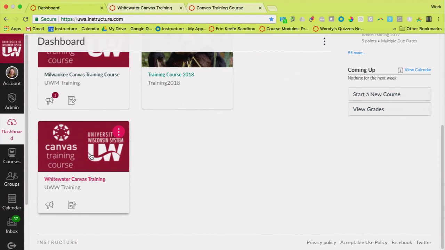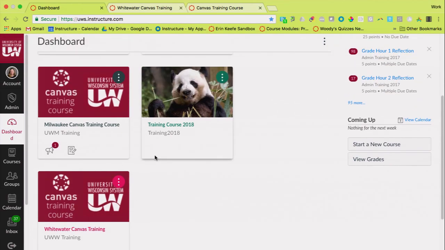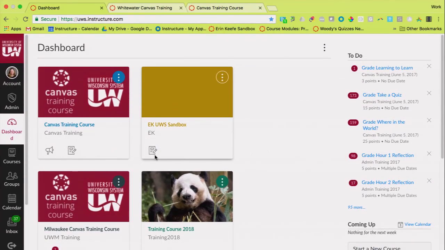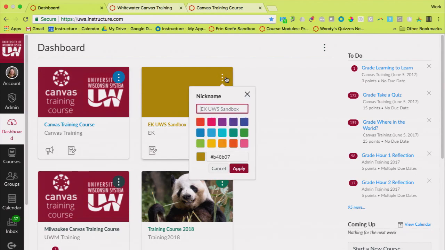If an instructor associates that image with the course, then that will show up for their students. Otherwise, every user is able to customize their own colors on their tiles. It's not just for fun. It will make a difference when we go look at the calendar later on. It's how we're going to be able to tell which items go with which course.